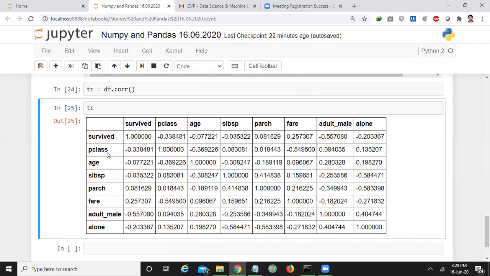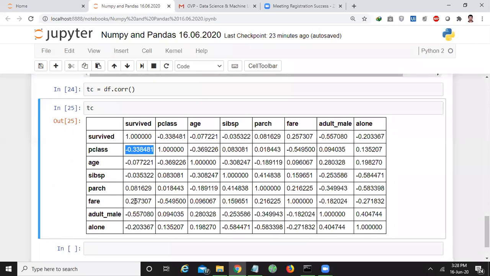What is the meaning of this? I can say that P class and survived are inversely proportional. If one increases, the other automatically decreases, and if one decreases, the other increases. This negative value represents an inverse proportional relation.